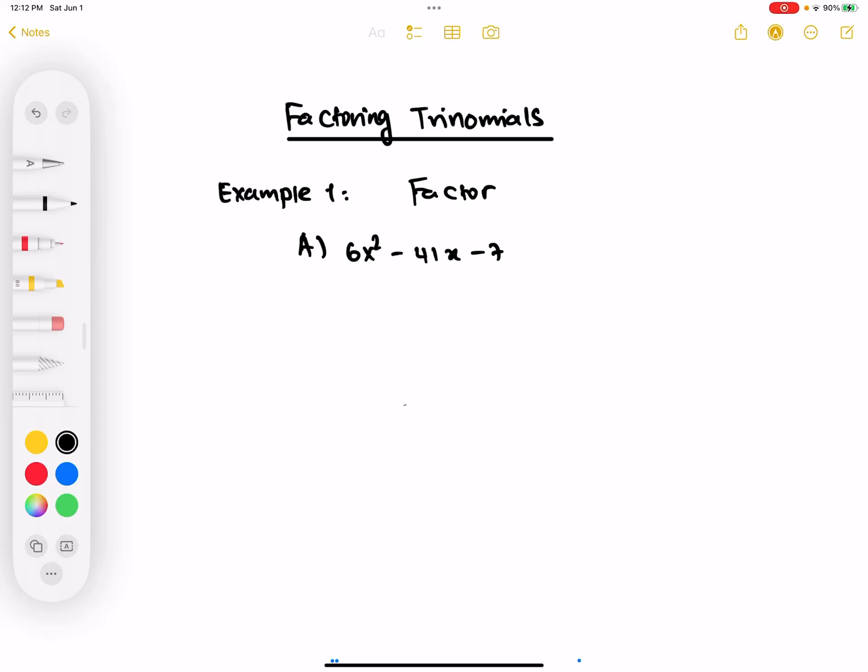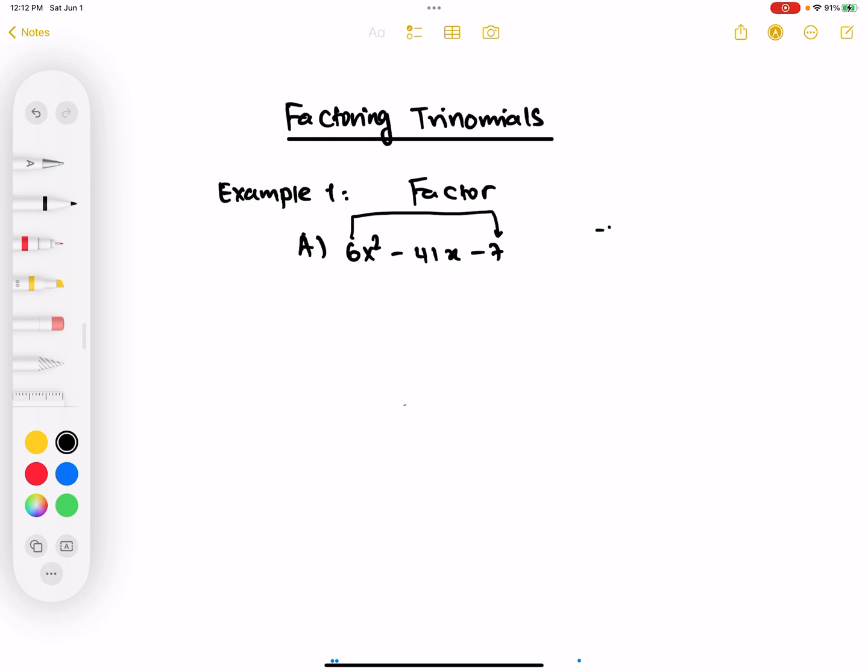All right, in this video, we are going to see how to factor trinomials. Trinomials means three terms; a polynomial consists of three terms. For example, if you look at the example, 6x squared minus 41x minus 7, there are three terms, so we call them trinomials. So in order to factor this one, we have to multiply the end numbers,